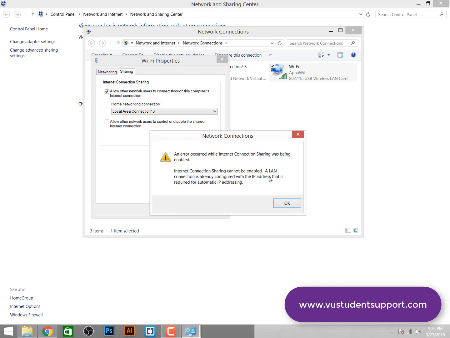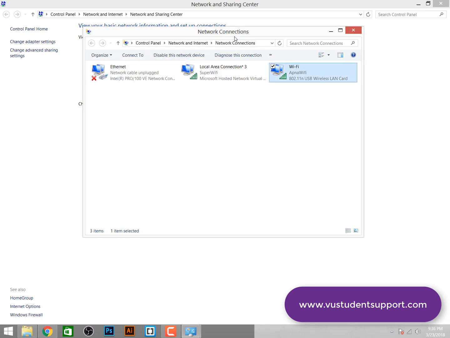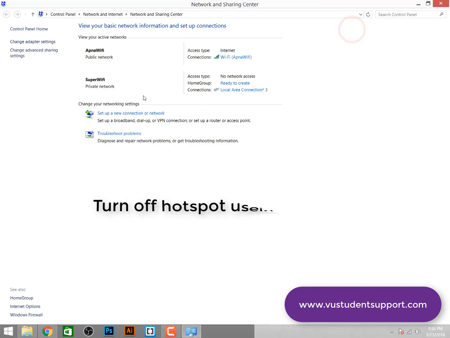So you can see that I can't share because I'm using another Wi-Fi which is connected. I'm connected to another Wi-Fi, so that's why. So this is the procedure for setting up a hotspot on your Windows